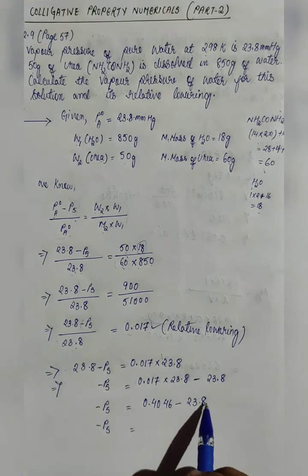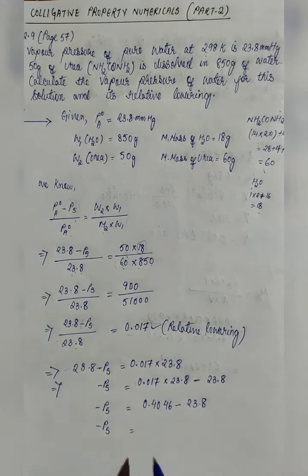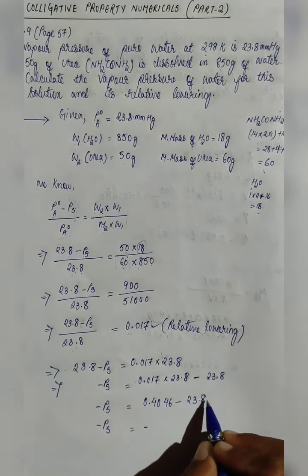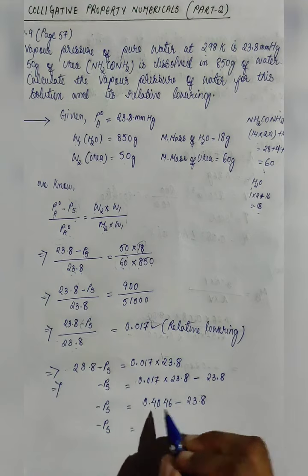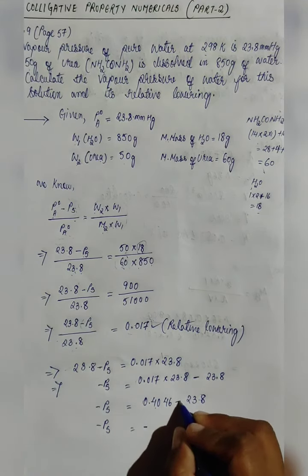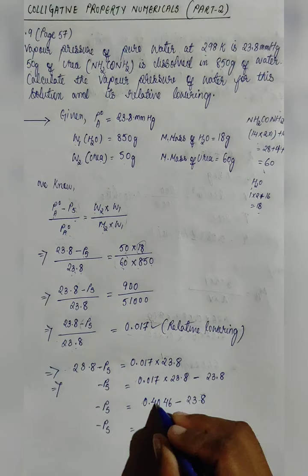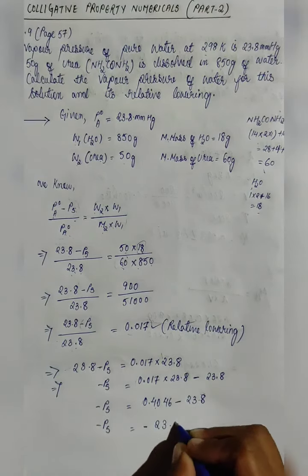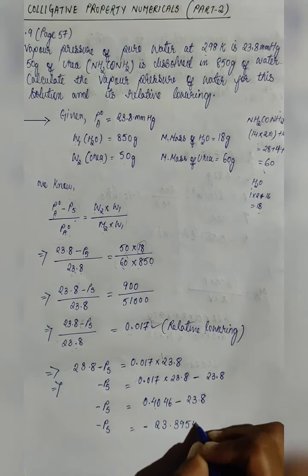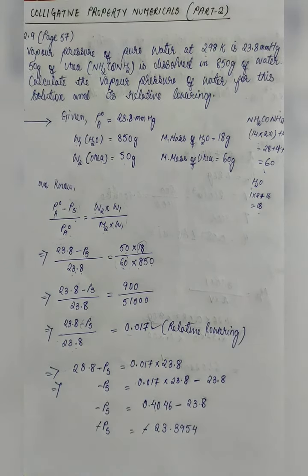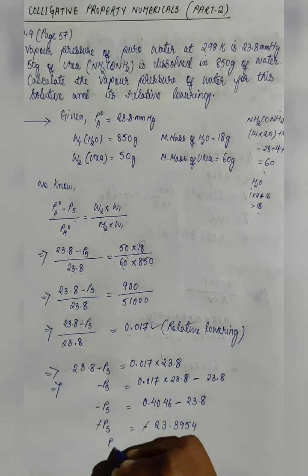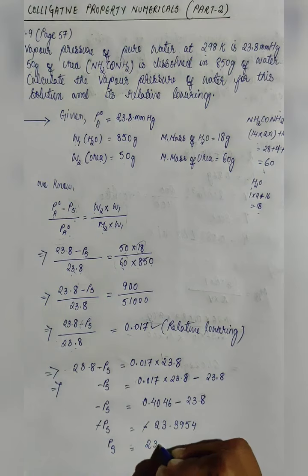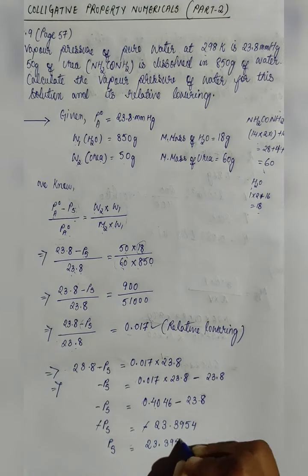If we do subtraction, since this is a larger value, the answer will come in minus. Plus and minus will be minus, subtraction will be done here, but the sign will be taken as minus since this is a greater value as compared to this. So after subtraction we will get 23.3954. Minus minus gets cancelled. So vapor pressure of water for the solution we finally got as 23.3954